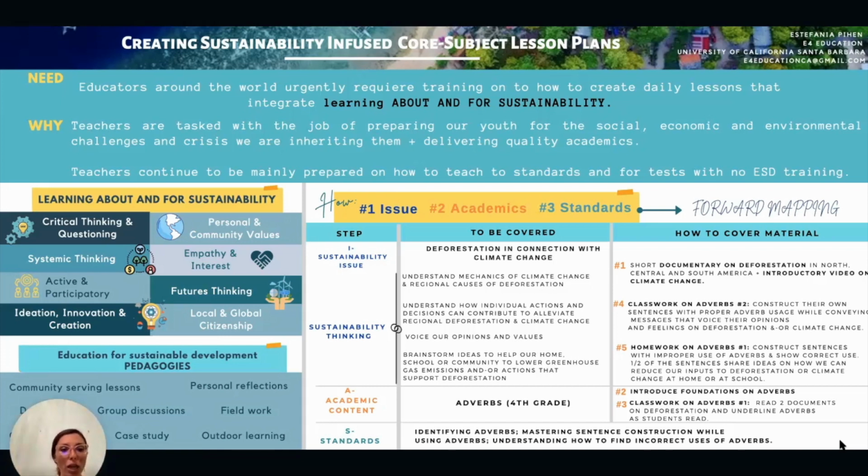But half of those sentences needed to provide ideas on how the students at an individual level, at the home, or at the school could really help reduce greenhouse gas emissions, or also their personal or community input on deforestation, on local deforestation. So that was a really important assignment because it really allowed the students to not stay in that zone of eco-anxiety, but also feel like they could be